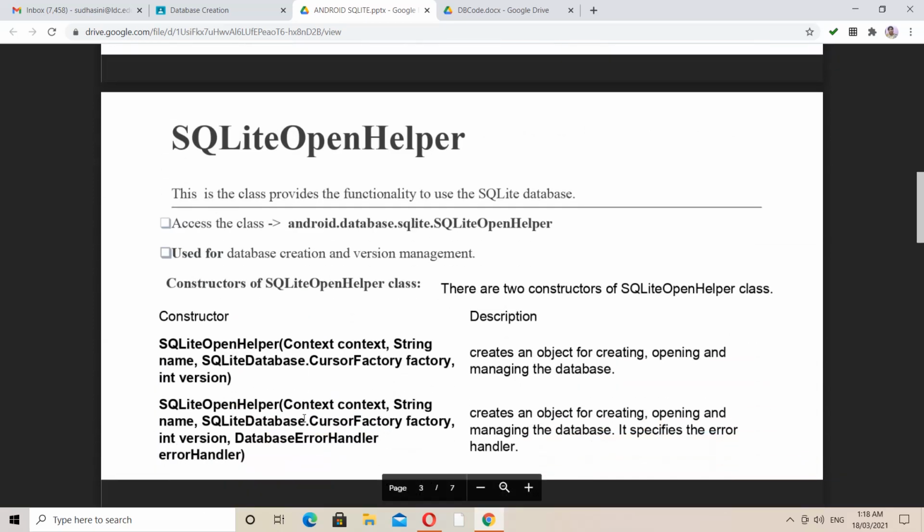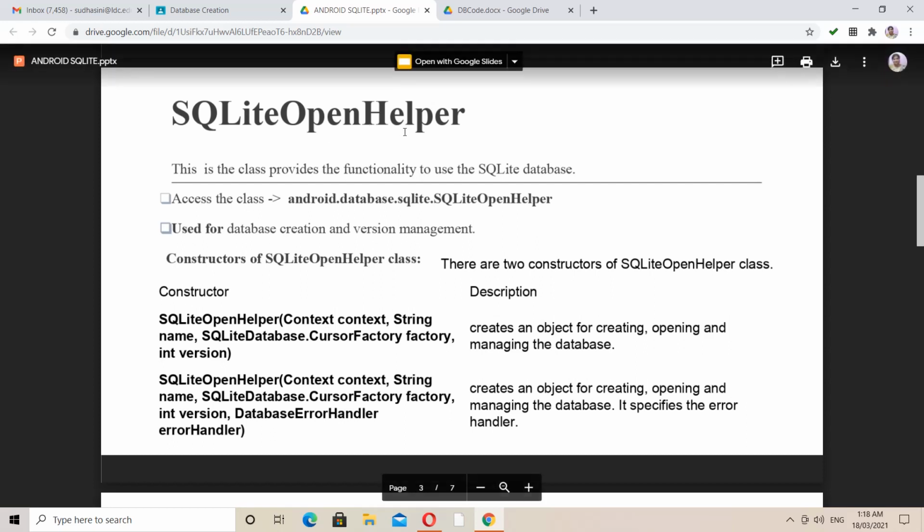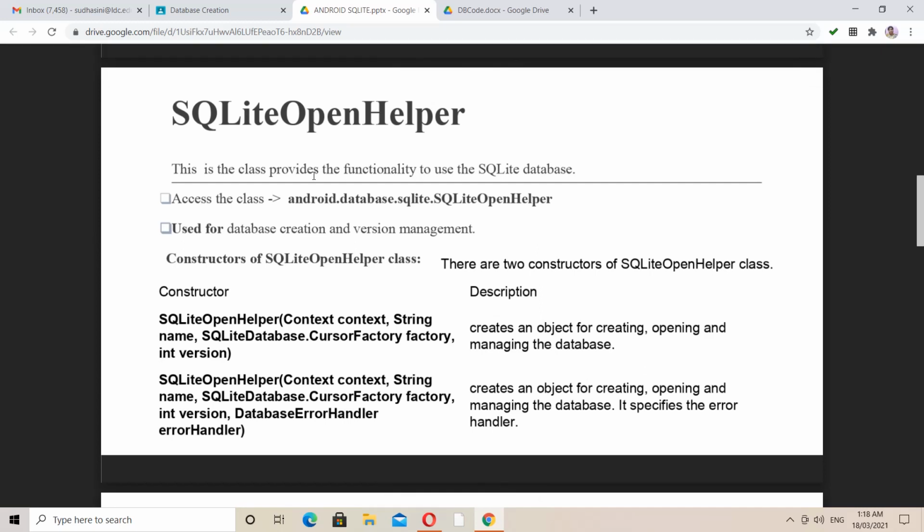Now we will look in detail at the SQLiteOpenHelper. This SQLiteOpenHelper has two constructors. Before getting into this, let's see how we have to access it. As we know, SQLiteOpenHelper is useful for database creation as well as version management. Database creation means creating a database and then creating your table, and version management means updating your older version to a newer version, which is called an upgrade. To manage the versions of your existing software, we can make use of SQLiteOpenHelper.